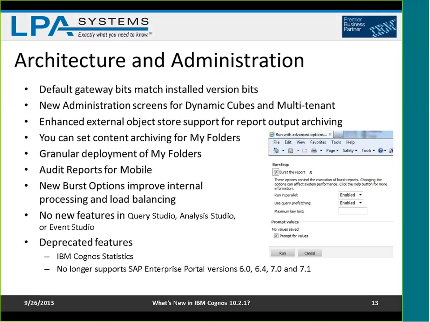Burst options. I talked earlier about the fact that you can now load balance your bursting. The little screenshot here shows you that when you run and you say, I'm going to burst the report, and you turn that option on, now you have a couple of options there. You can indicate that you do or do not want to run across multiple application servers in parallel, and whether or not to use query prefetching, which is about when Cognos sees that you're using a certain percentage of the number of members in a dimension, it will go and get all the members of that dimension. So let's say that you're referencing 70% of the members in this query,